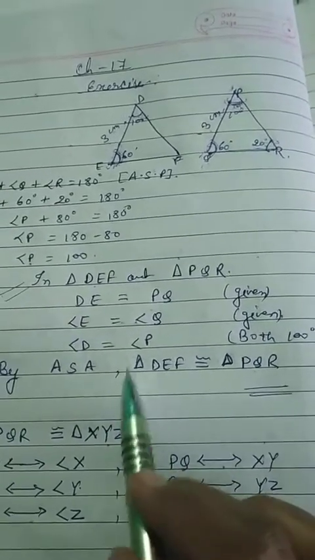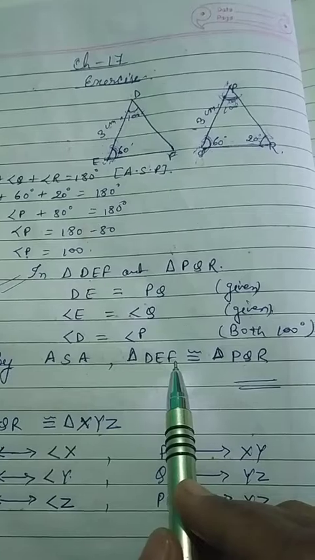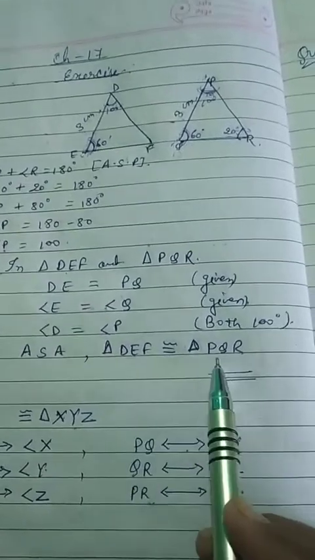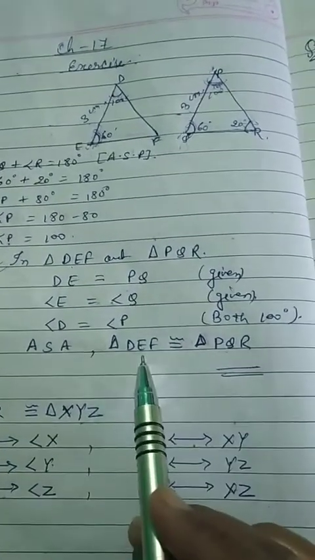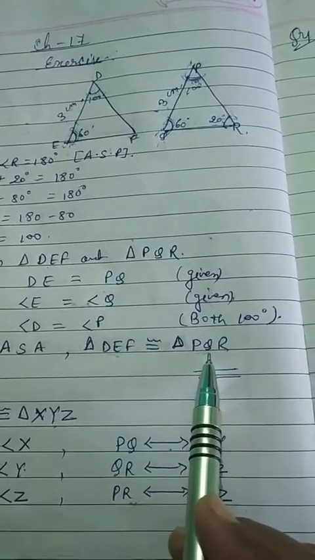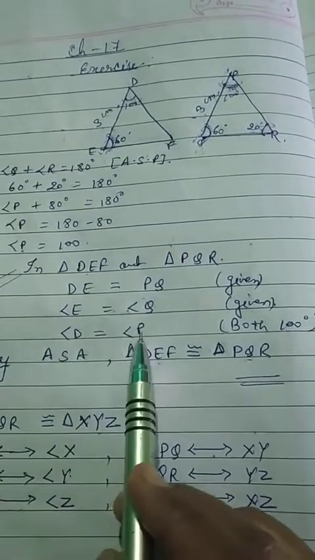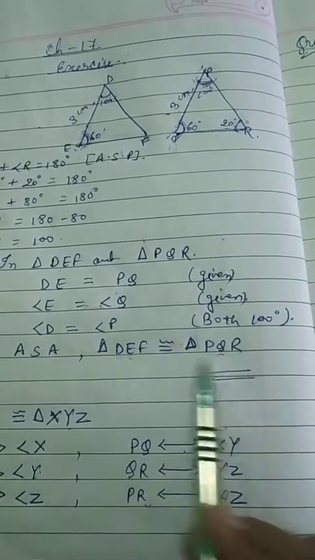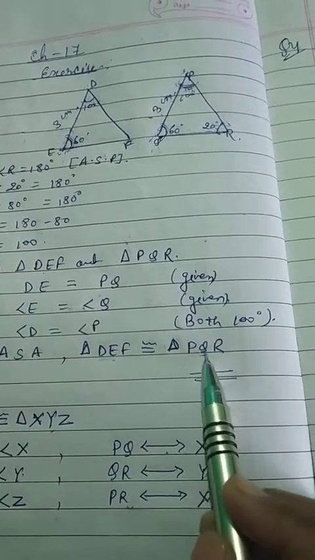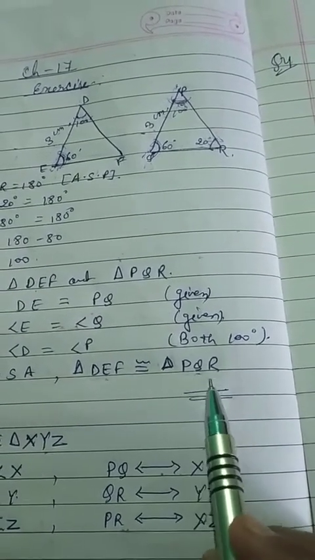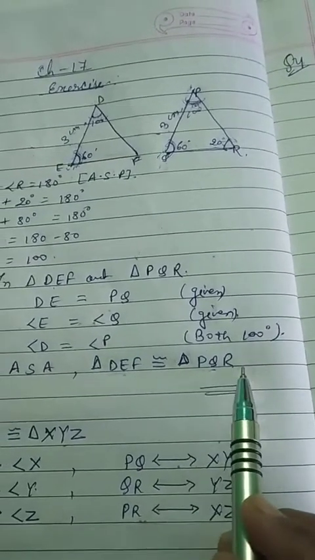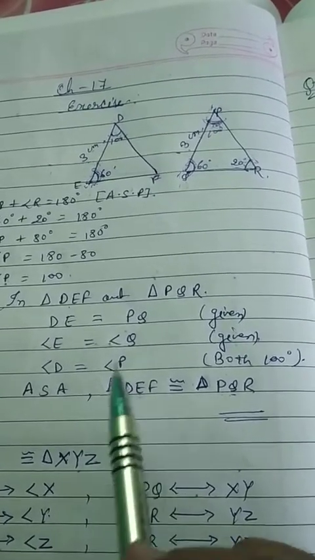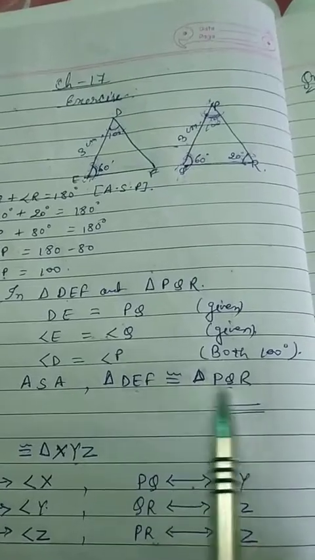Okay. But how to write this? Triangle DEF is congruent to PQR. You can see DE is equal to PQ. Angle E is equal to angle Q. So angle E is here in between, so angle Q also you will write on this side in between. Angle D is equal to angle P. So angle D is first, so angle P also should be first. Triangle DEF is congruent to PQR, not RQP or QRP. You will not write like that. PQR only, because as I taught you in the last video, corresponding parts should be written accordingly.